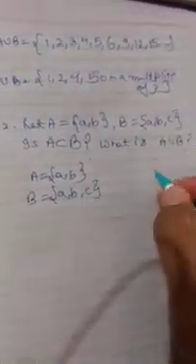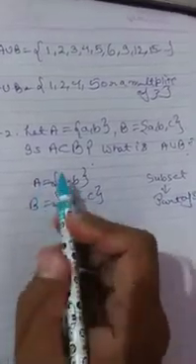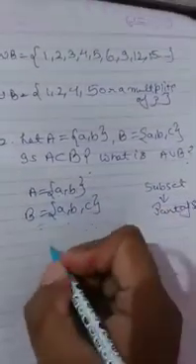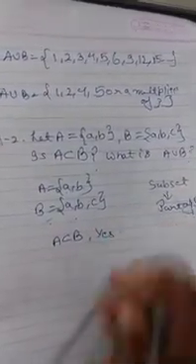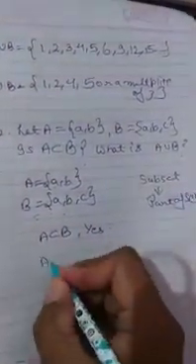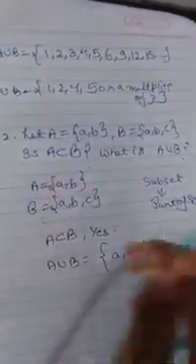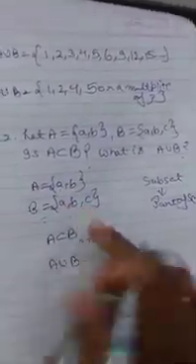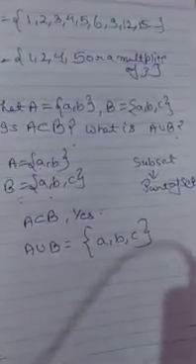So what is a subset? Subset means part of a set. Here we can clearly see that a, b exist in set B. So it means A is a subset of B. Yes, this is correct. Now we have to find A union B. First we will write all the terms of A, a, b, and then we will check what is matching. a, b is matching, so we will not repeat it again, and we will write the third one, c. So A union B is {a, b, c}.